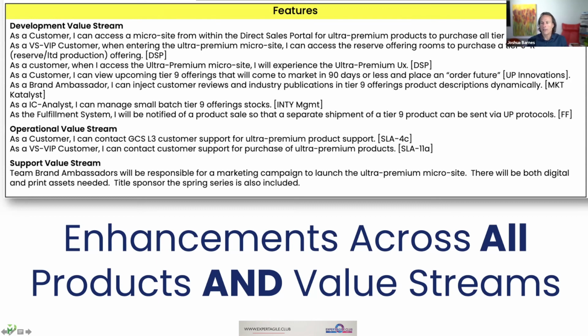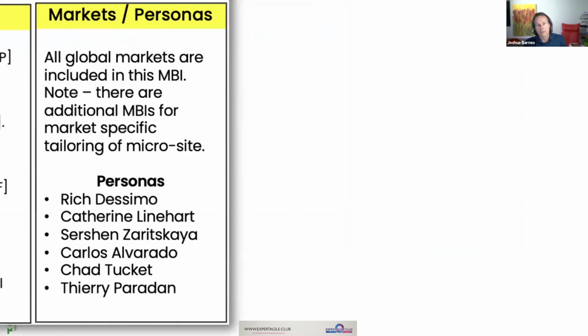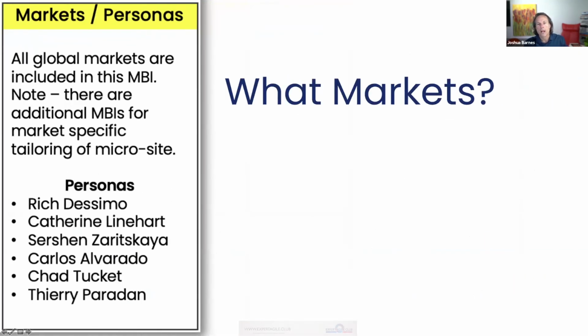Again, kind of like, pre-pandemic, I used to do quite a bit of flying. And so I had a pretty good level of status with one of the airlines. Well, the number I called, within 2 or 3 rings, somebody would pick up the call and help me out, versus some of the other airlines that I would occasionally travel where I have no status, and I would just be calling and it could be an hour before somebody talked to me. All right. So a big change in the operational value stream, that if we didn't have that, we might not be successful or anywhere near as successful as we could with what was being desired as an outcome from this MBI. So what